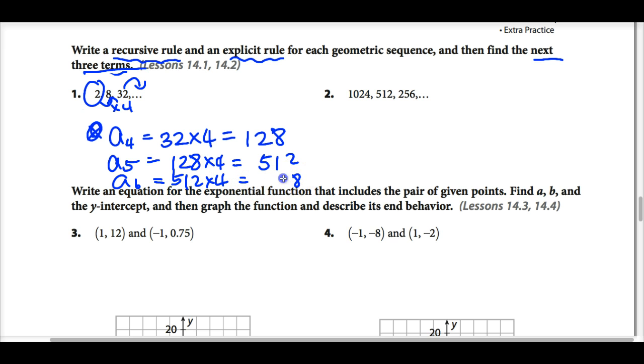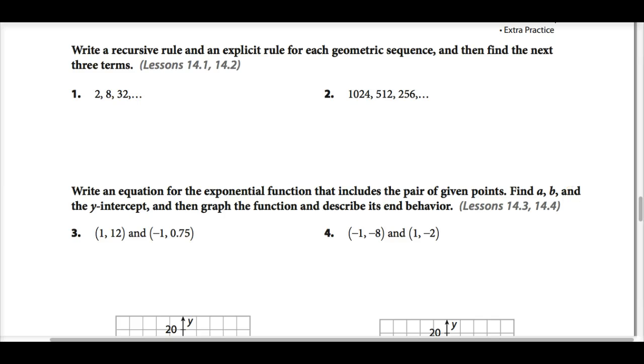So there you go, 2048. And that's it, okay? So these are the next 3 terms: 128, 512, and 2048. I'm pretty sure you can do the next one. You can see how easy the question is going to be, right? Again, only 6 questions. Now let's scroll down to question number 3 and 4, and let's see